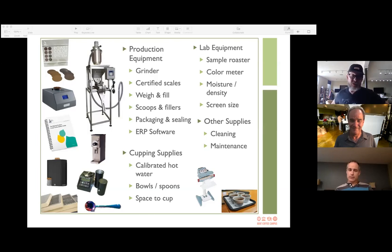And so, yeah, there are these warehouse and production type considerations, but also as your business grows and scales, how you might need to upgrade cupping supplies and other lab equipment. I think, for me, a color meter is something that you should invest in at the same time you're investing in your roasting machine. But as your facility expands, as you bring on more sophisticated clients, you may bring on customers that specify in the contract a very narrow color range for every batch of coffee that you're providing them. The same could be said with grind consistency. So being able to measure grind consistency